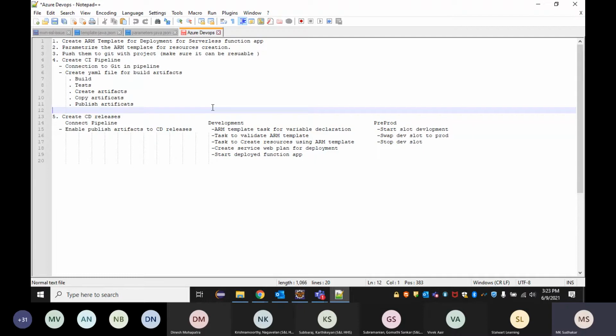Okay, third thing, once we have the code ready, the framework ready, the project ready, it has to be the Git. Everyone will be following the best practices of code pushing and merging. Once we have the code merged to the development branch or a master branch, so normally what happens